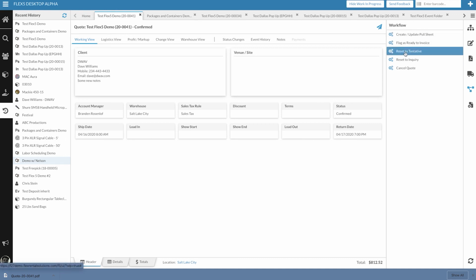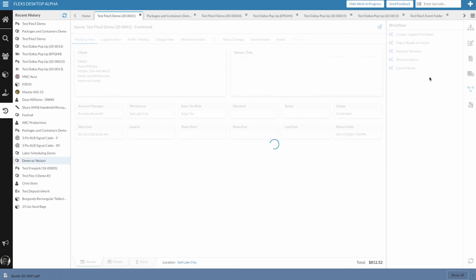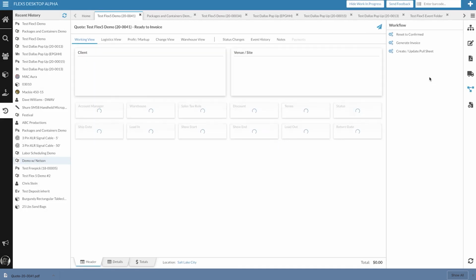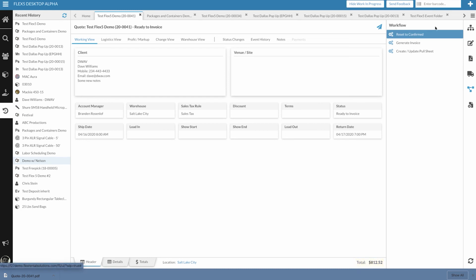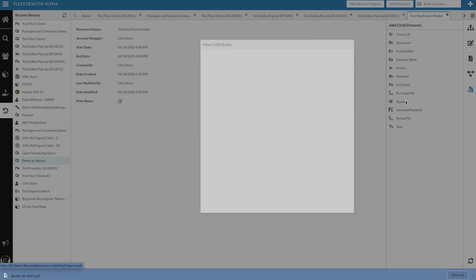Workflows are very similar to Flex4. And so if we need to update things or a flag is ready to invoice, it works very similar and continues to work as expected. One of the new things we have added very recently is the ability to add child elements. So if I'm on an event folder and I need to add another quote to this,